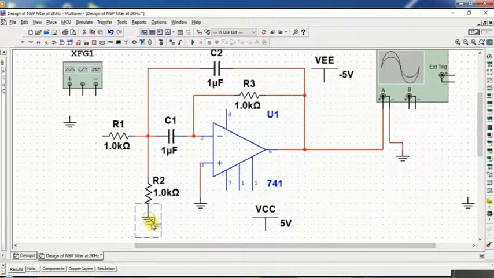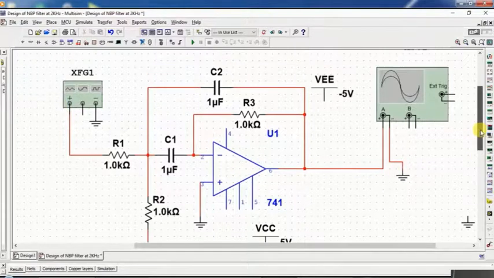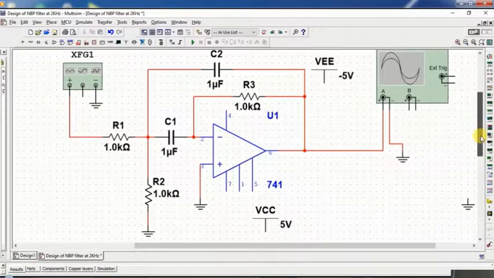Here this is your ground terminal, so you can connect the ground terminal like this, and R1 is also connected to the function generator input, so you can connect it.